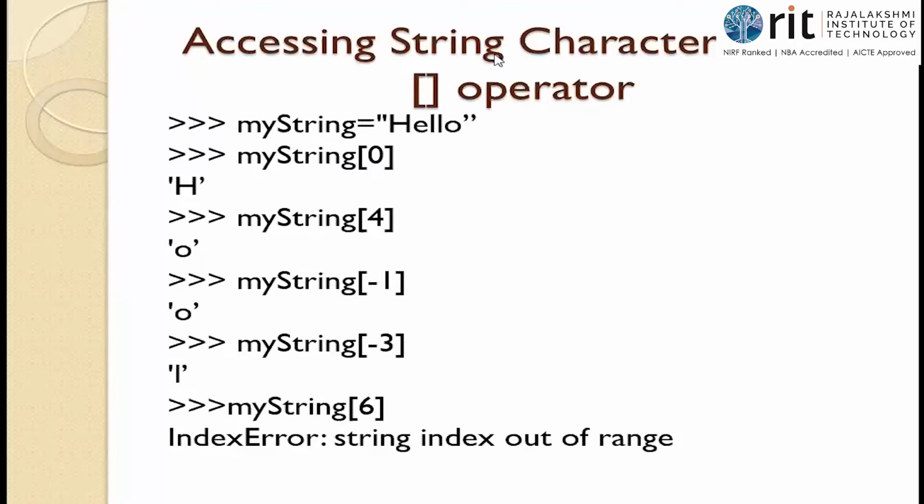Okay, Purushot, what will happen if you put round brackets after my string? If you use round brackets or parentheses, then it becomes a function. The interpreter understands that to be a function call and it looks for the function definition. Obviously, there will not be any function definition, isn't it? So it will throw an error. The index operator is only square brackets. Only then will the interpreter understand that it is the indexing operator, and it also demands a value inside it.